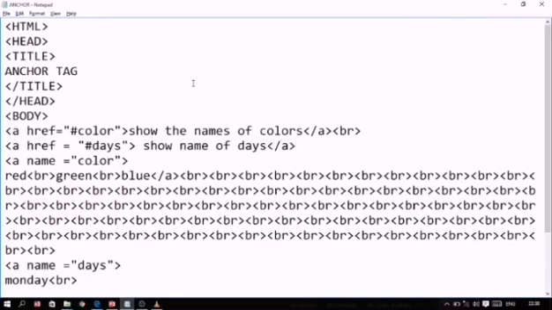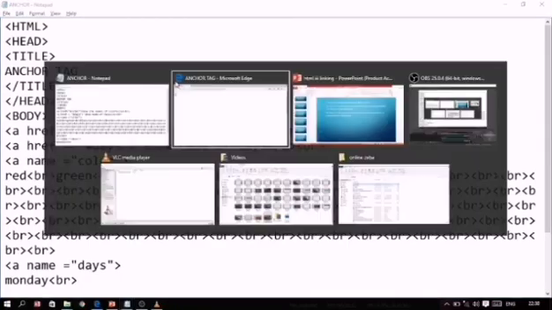Now I'm saving this. Okay, after this you have to see one thing. I have to make one more change, but after showing you the output. Refresh. Now two hyperlinks are coming, and just after it the names of the colors are coming. That is not right.